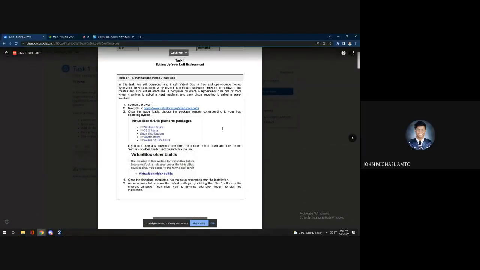Good afternoon, everyone. So today we're gonna do the setting up of our lab environment. Today we're gonna set up VirtualBox. This setup will be done in the machine of Christian Ryan Hibaya, my partner, since his device is capable. So let's start. We skip the download and install VirtualBox part